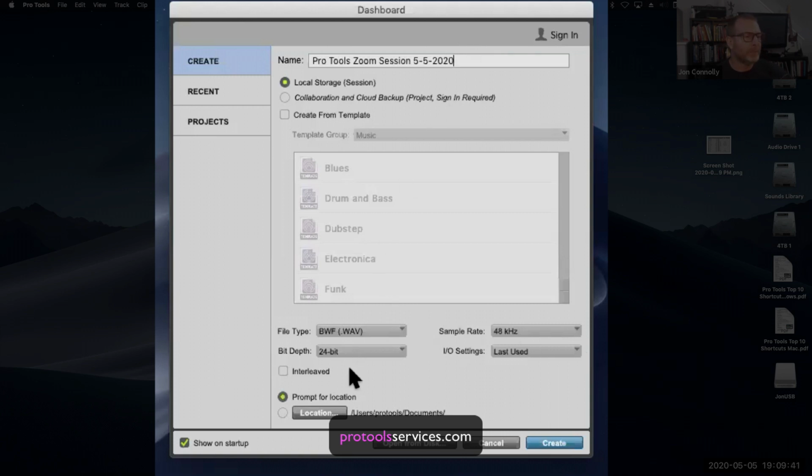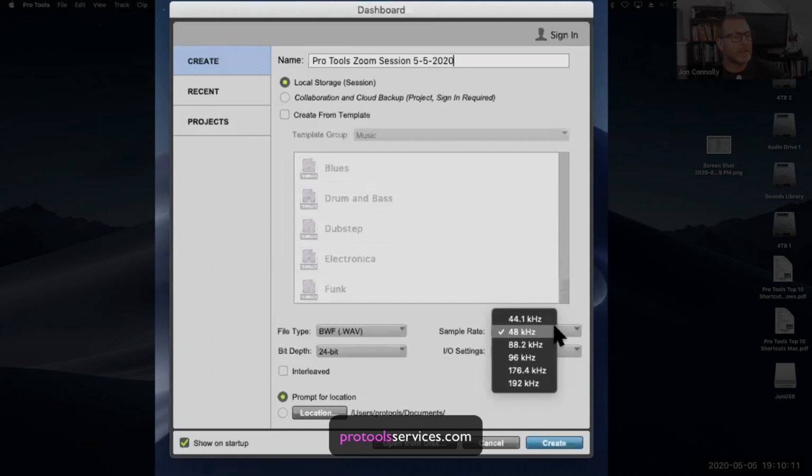As far as sample rate and bit depth, your sample rate may vary. This menu may vary based on what audio hardware you have connected to your computer. I typically go with 48K. We could get into a deeper topic on sample rates, but 44.1 or 48K is very common. It's kind of like a digital camera, right? The higher the megapixel, the better the quality, but at some point, it taxes your system more as well.